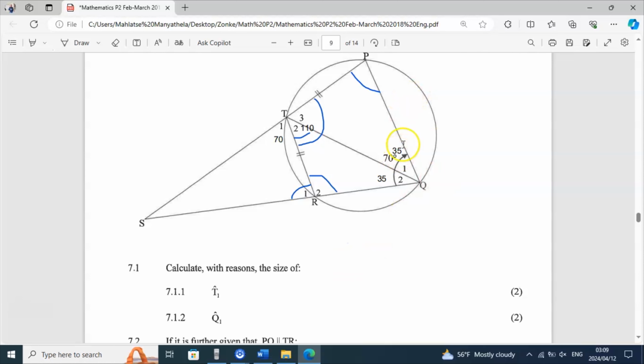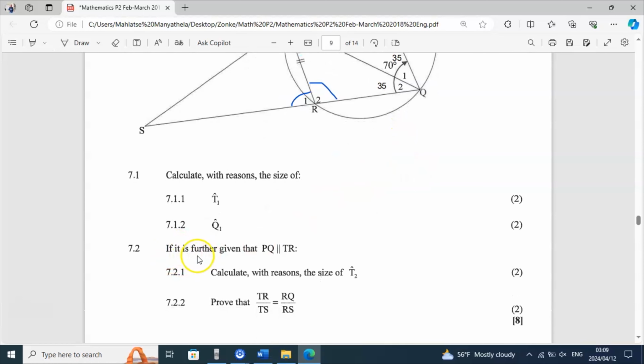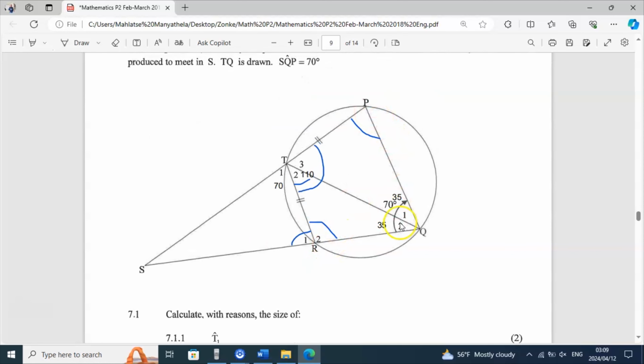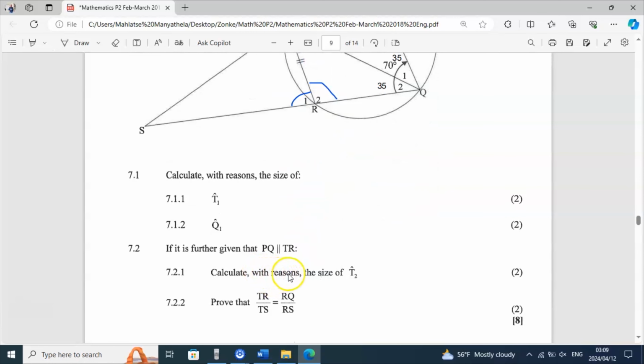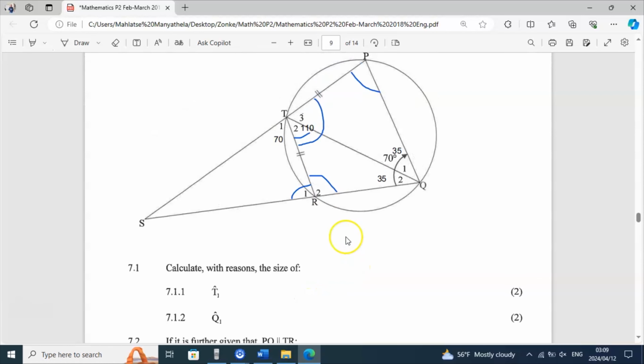So Q1 is 35 degrees. If it is further given that PQ is parallel to TR, calculate with reasons the size of angle T2. So if this line is given to be parallel to this line,